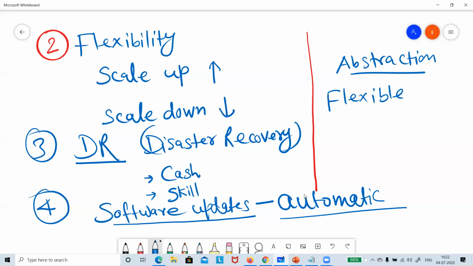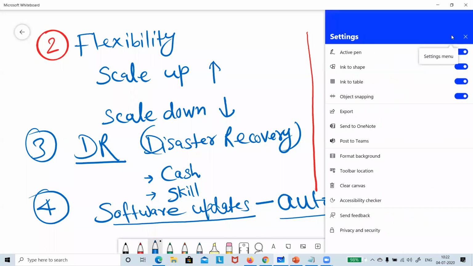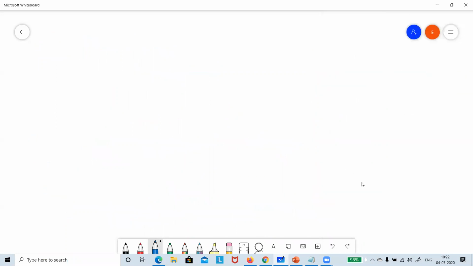So may I clear the board? Sure, Harish. Okay, thank you. So let's discuss more. If at any point it becomes monotonous or boring, please stop me. I want to make it more interactive. So please stop me. We can do some practicals or something else if you find something boring. So let me just